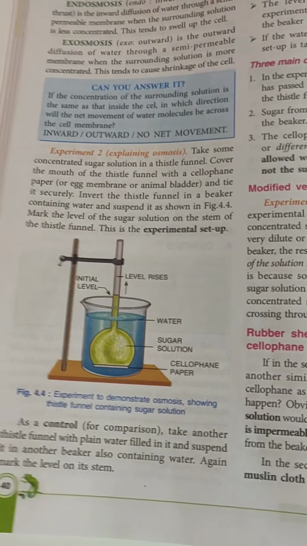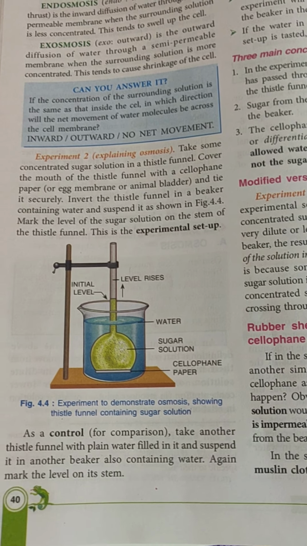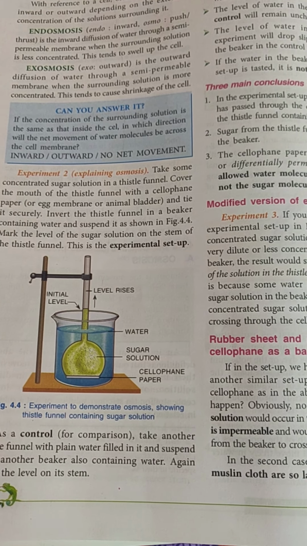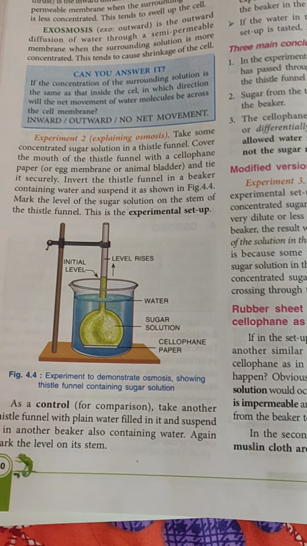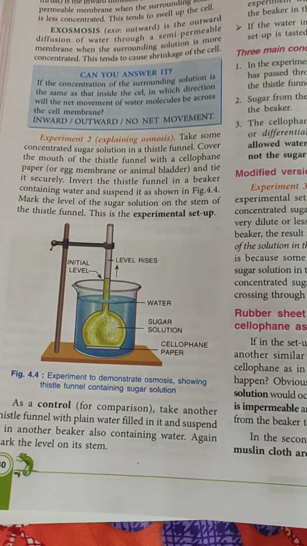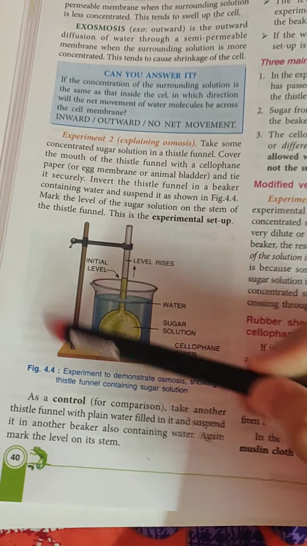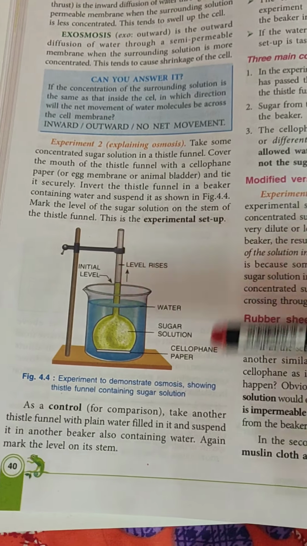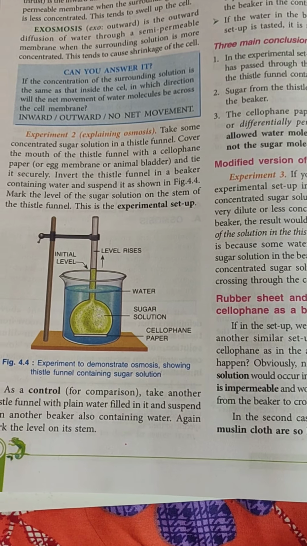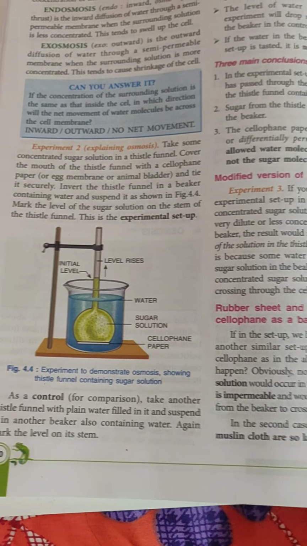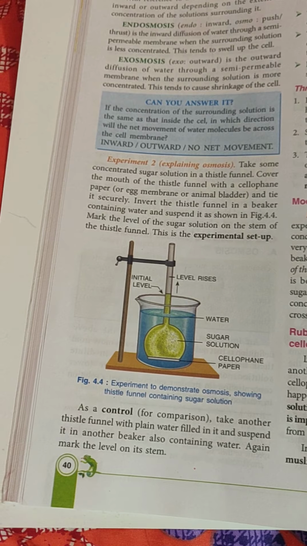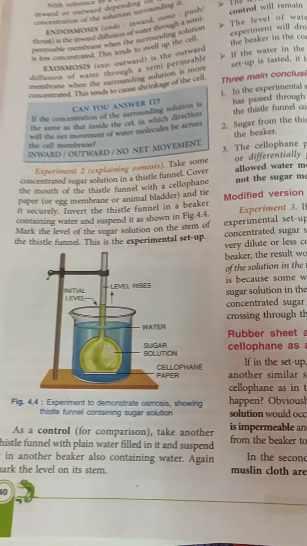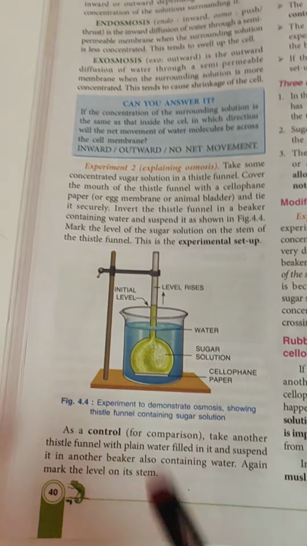Now you will see that there are two experiments mentioned, experiment 2 and a modified version of experiment 2. In your ICSE, these experiments are very important. You might be asked to write an experiment where you are given the result and must devise the experiment to get these results. Or you might be given a diagram with all the labelings done, and you will be asked, upon doing this and this, what conclusions can we derive, or what can be the results. So these experiments you cannot miss. These are very important.